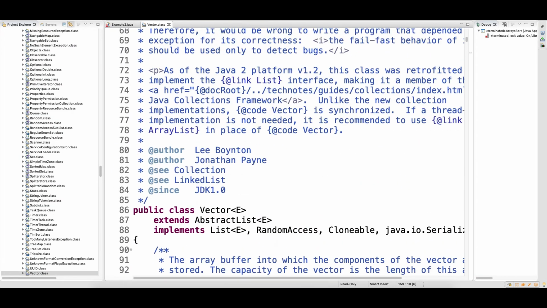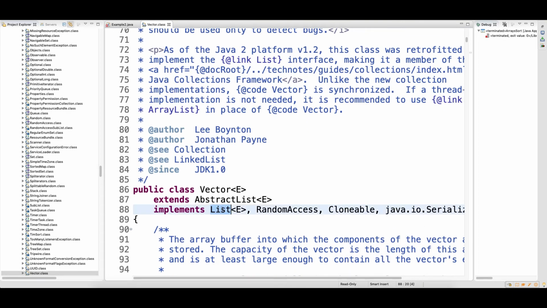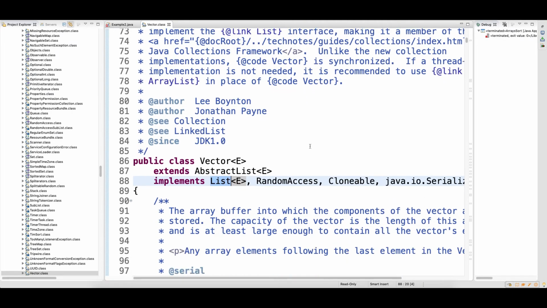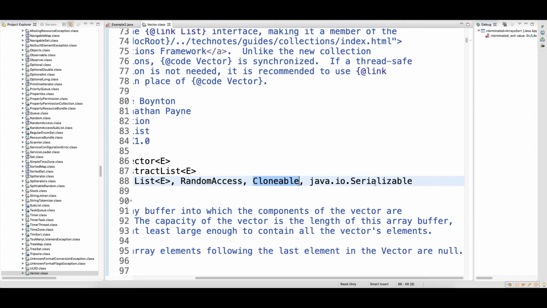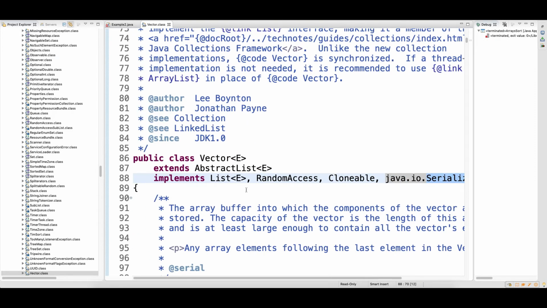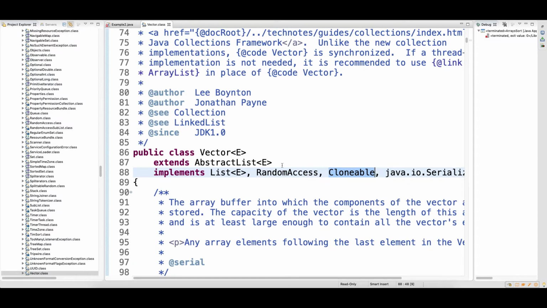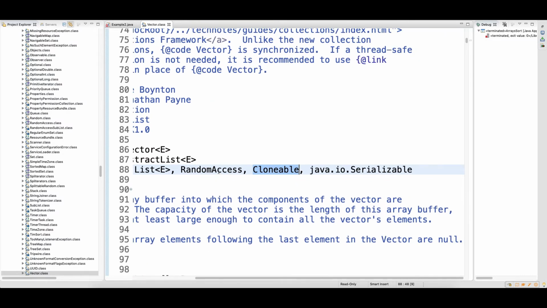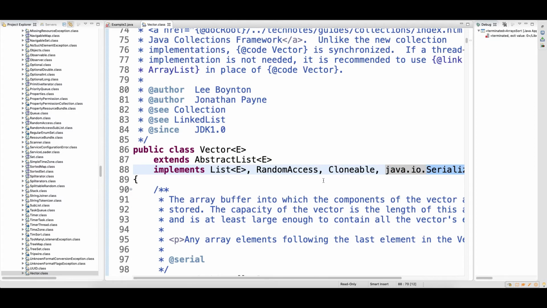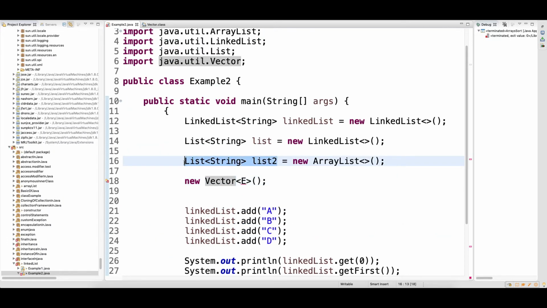Look at Vector. Vector also implements the List interface. If you look at Vector, it extends AbstractList, implements List, RandomAccess, Cloneable, and Serializable. So it's just like ArrayList. ArrayList does the same thing: AbstractList, RandomAccess, Cloneable, and Serializable. Of these, List, RandomAccess, Cloneable, and Serializable are interfaces, and only AbstractList is an abstract class.